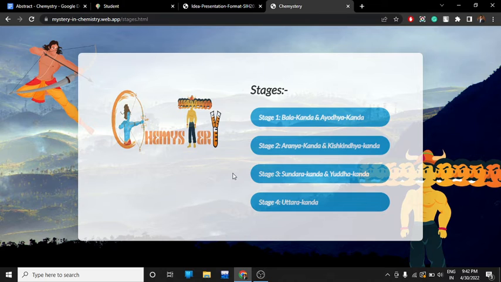It is the MVP, minimum viable product, made using React.js, and we are working on the MERN stack. I hope you all like this game and I'm expecting a positive response from your side, so that we can move forward and work on it, and this game gets lots and lots of attention from students. Thank you.